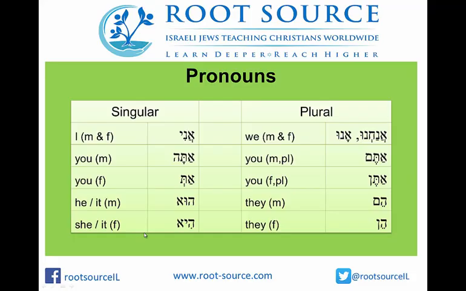But in the meantime, let's continue here. So he is she, and here it says it also. There's no it in Hebrew. It does not exist. There's no word for it, because it means there's no gender. Every Hebrew word must have a gender. So if it's a masculine inanimate object,